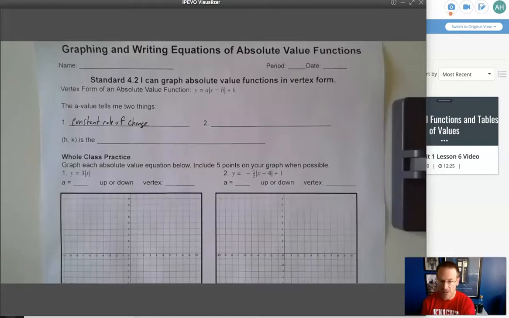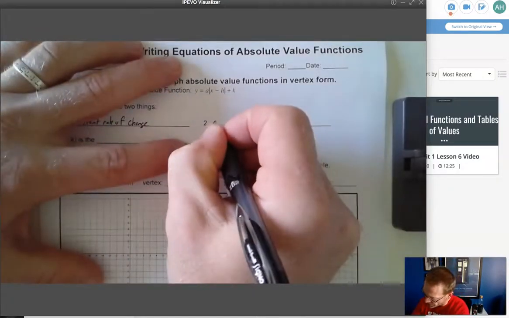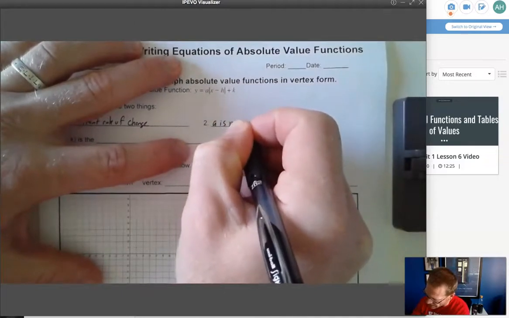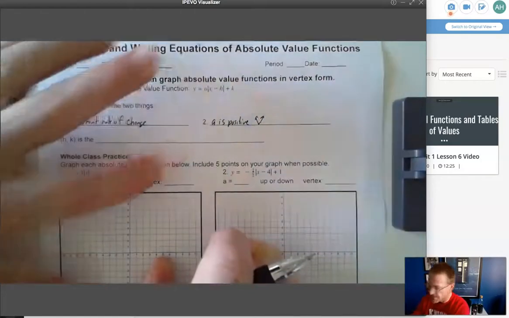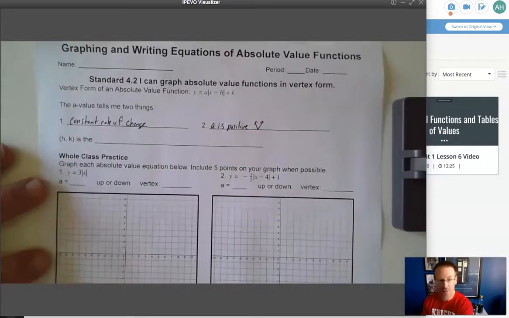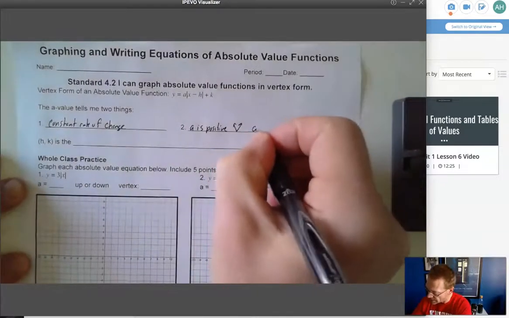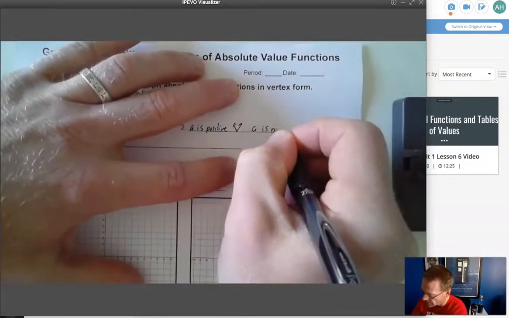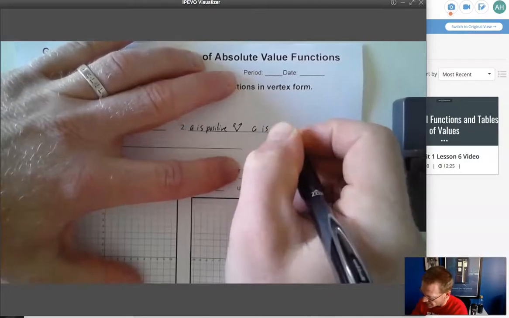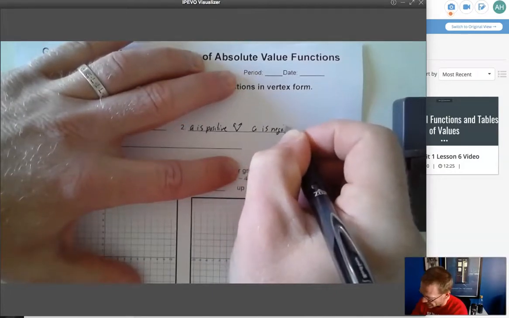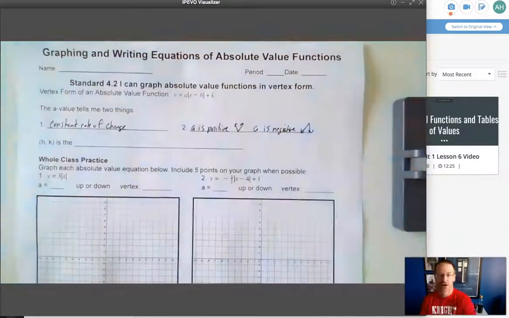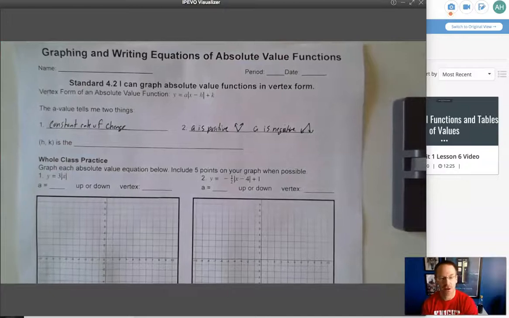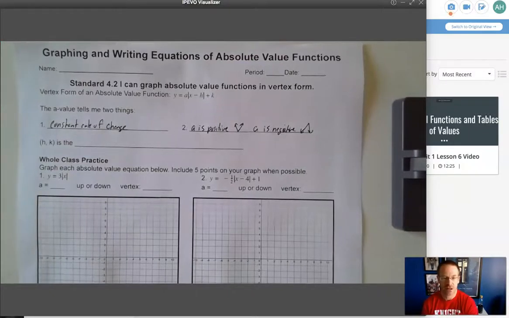Now, the other thing is that if A is positive, it tells us that we're going to have a V-shaped graph that opens up. And if A is negative, then we're going to have a V-shaped graph that opens down. All right, so that A value is going to tell us two important things. It's going to tell us which way it opens,